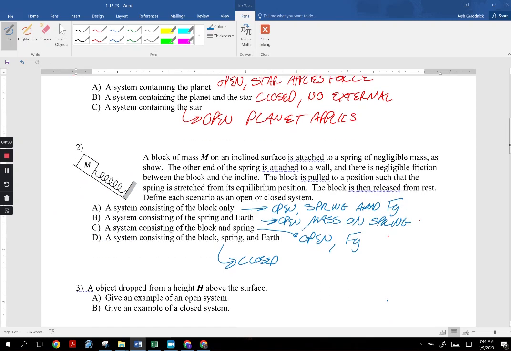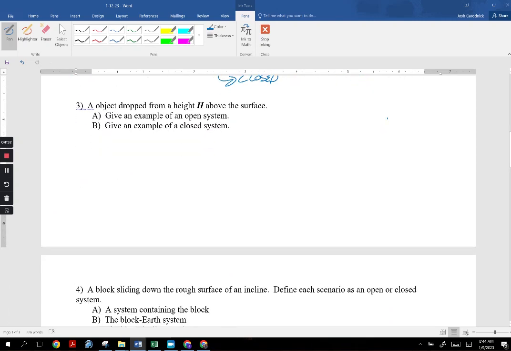All right, normally, like in class, when it says, give an example of an open system. So you've got this, an object, and it's being dropped above the surface of our planet. Okay. Example of an open system. So the reason this thing falls is because Earth is like, hey, you're attractive. Why don't you come down here? That doesn't sound creepy at all. But there is a gravitational force that pulls that mass down. That's why it will fall. So an example of an open system